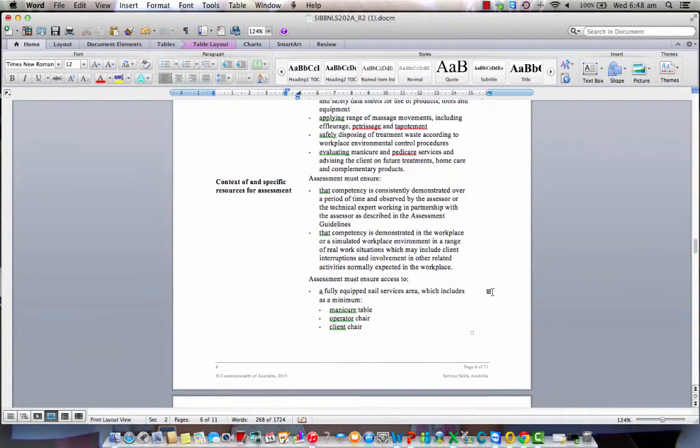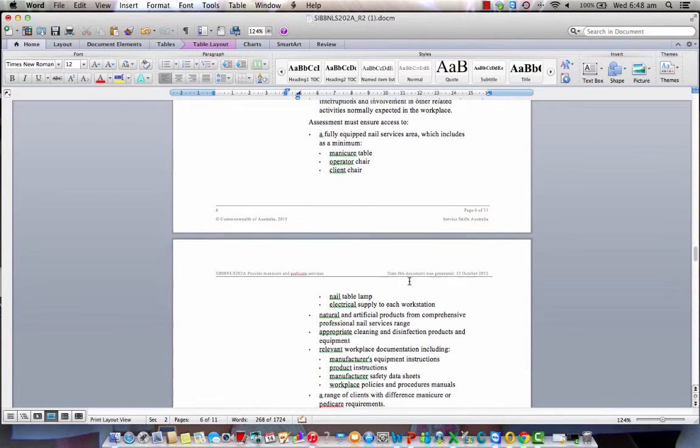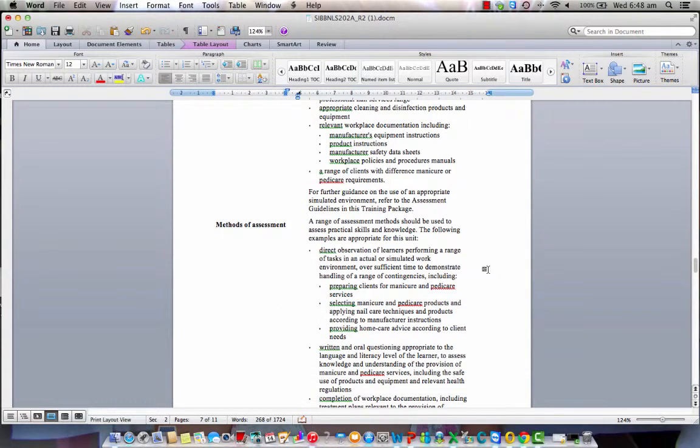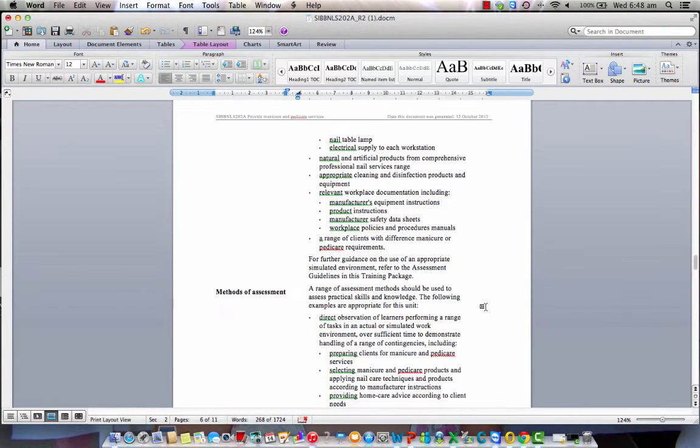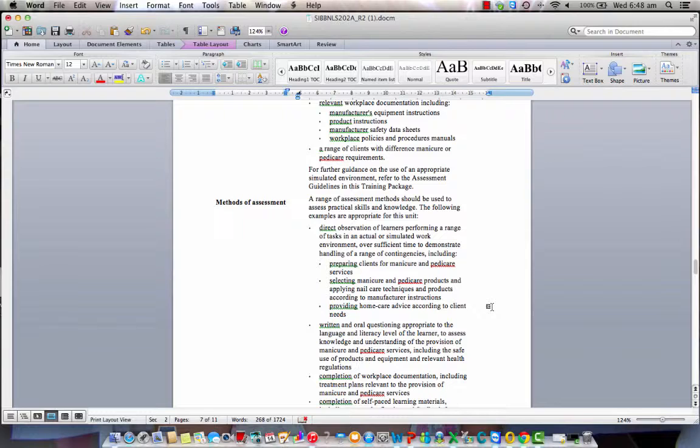Underneath that, we have the context of and specific resources for assessment. And this is another section that I would always look at first, because it details the environment and the resources required for this unit. Underneath, we have the methods of assessment, and this gives you an idea or a guide